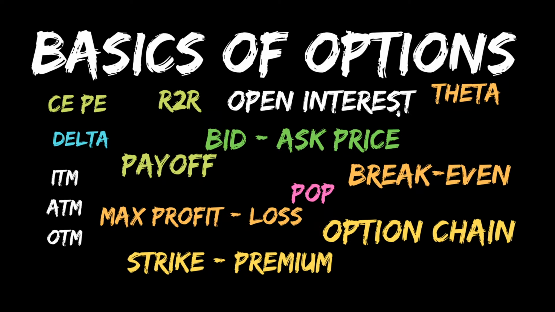So before that, let's try to cover what is POP. We will try to cover the payoff of the Sensibull. Just in case someone wants to go into options, you need to be aware of all these little things. What is CE? What is PE? Delta? What are the ITM strikes, ATM strikes, OTM strikes? What is your maximum profit? What is your maximum loss? How to calculate the maximum profit and maximum loss? What is your break even? If someone is planning to go for any strategies, you should be aware of the break even. Without the break even, don't even trade actually.